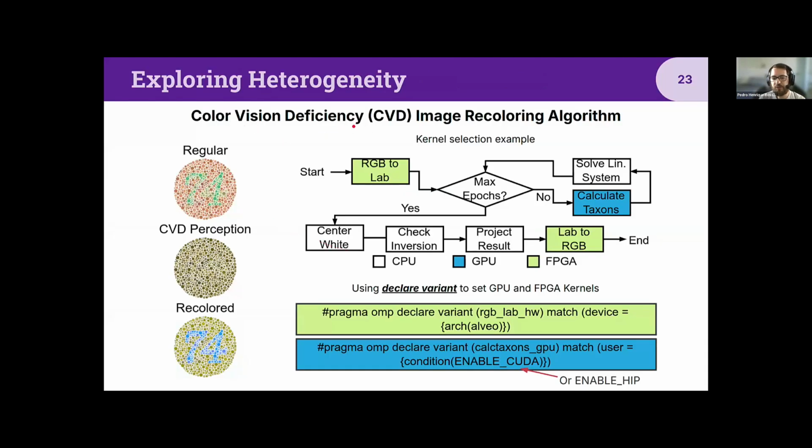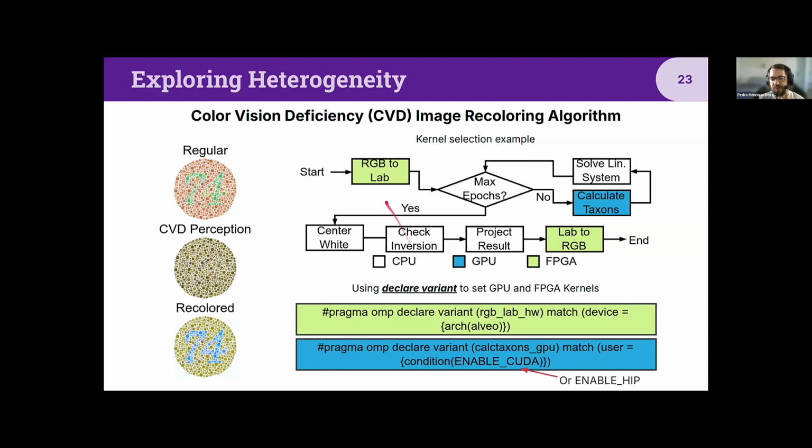an application to recolor images. Basically, we have an image that a few people can't see. Here's an image with a 74. I can't really see it, but this is the perception of a person that has CVD. And the recolor image is the resulting image that a person can see. So I can see that's a 74 here, but I can't see that's a 74 here. So these are basically the tasks we have, and we try to